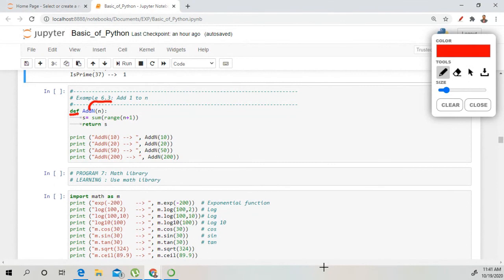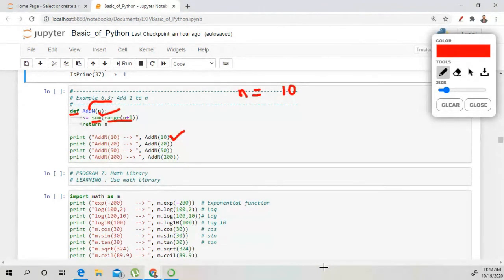We pass the value for n, and we take the sum over the range up to n. Let's suppose the value of n is initially 10, as we have given right here. Now what happened? What is the range? Range n plus 1.